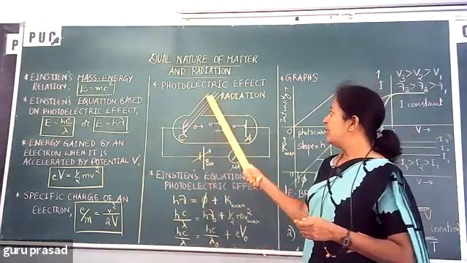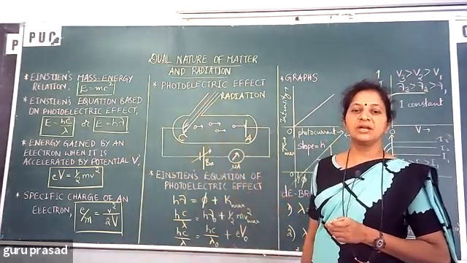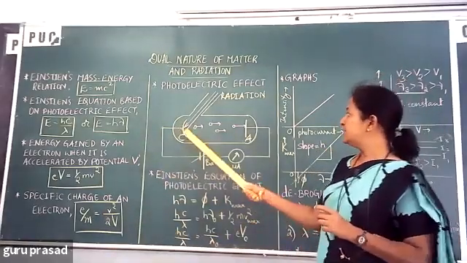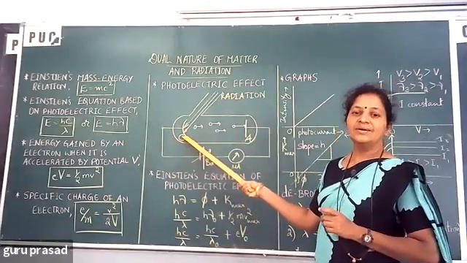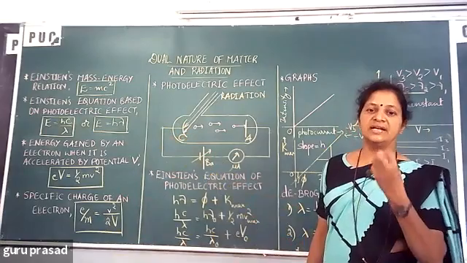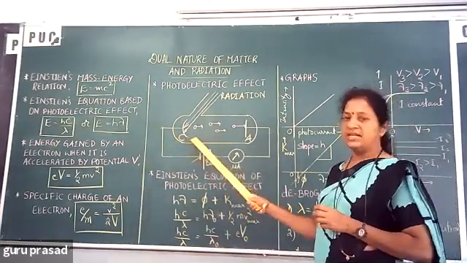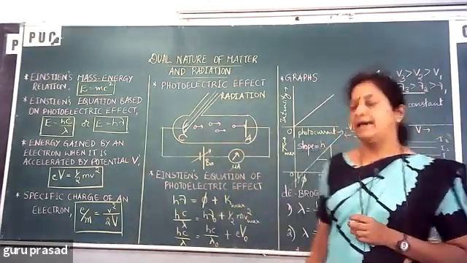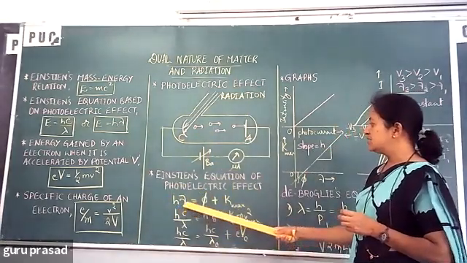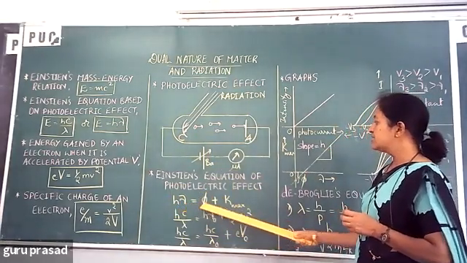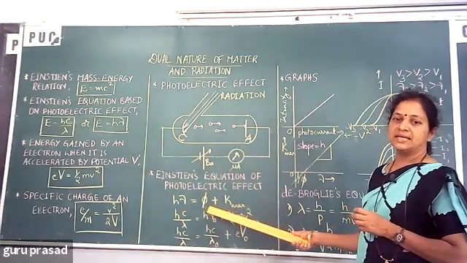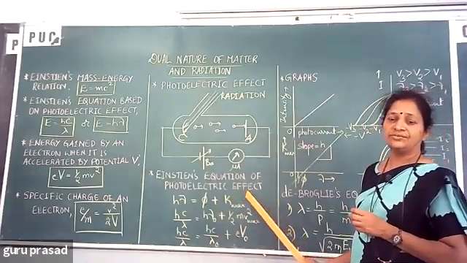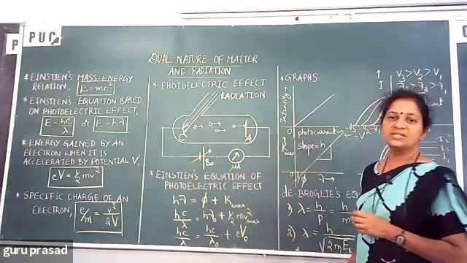So what he says, when light of suitable frequency is incident on a metal, it consists of a large number of photons. Each photon, when it hits a free electron of the metal, the electron gains energy equal to h nu. With that energy it will get emitted and also start moving towards the anode. That's why the energy of the incident radiation or photon is equal to the work function, just to release the electron from the metal surface, plus the maximum kinetic energy of the emitted electron, because it follows conservation of energy.